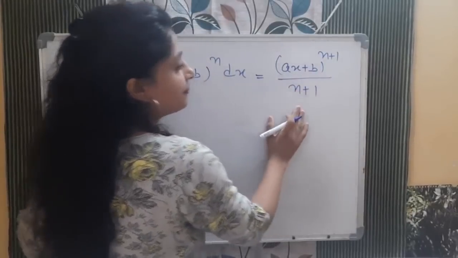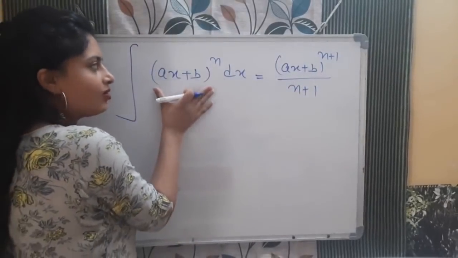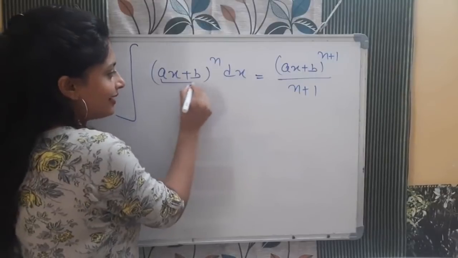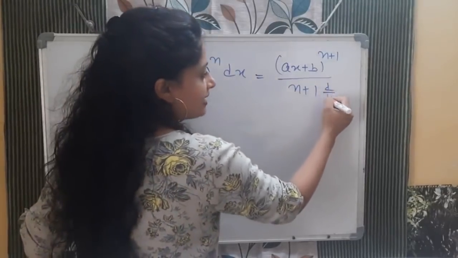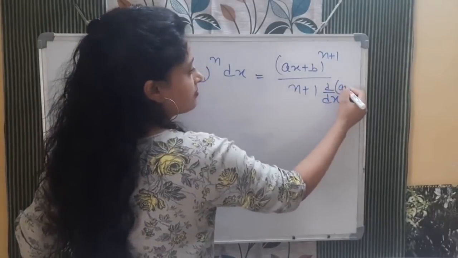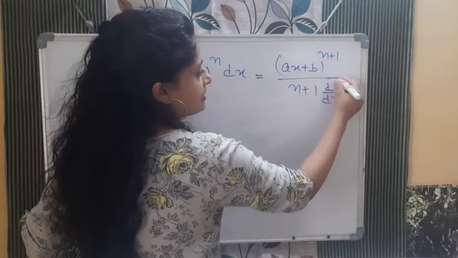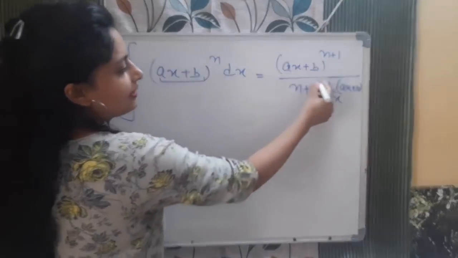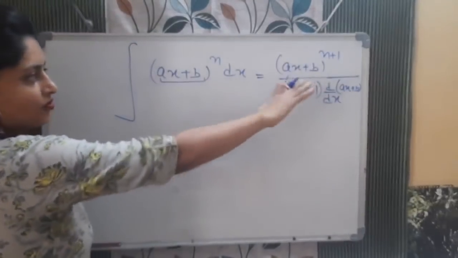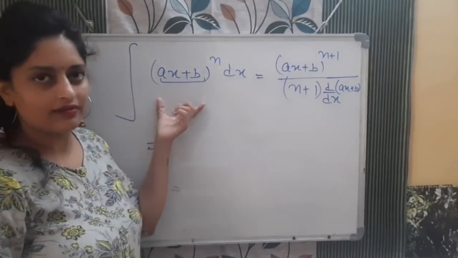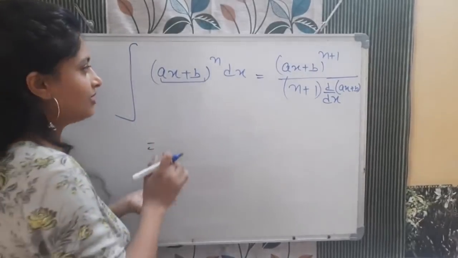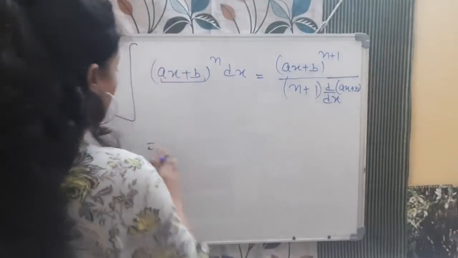But this is not the complete integration. See, इस part का हो गया. Now see the inside. Whatever the inside, we need to differentiate that, ax plus b, और जो differentiate करके result आएगा वो हमेशा denominator में आता है, n plus 1. This is the formula for this. Okay, whatever is there, this is a basic formula only. There is nothing different.